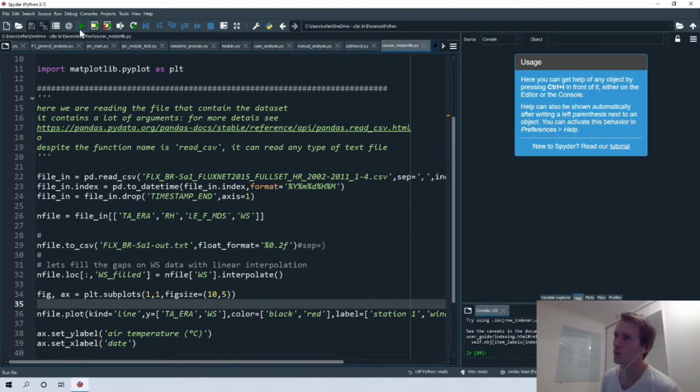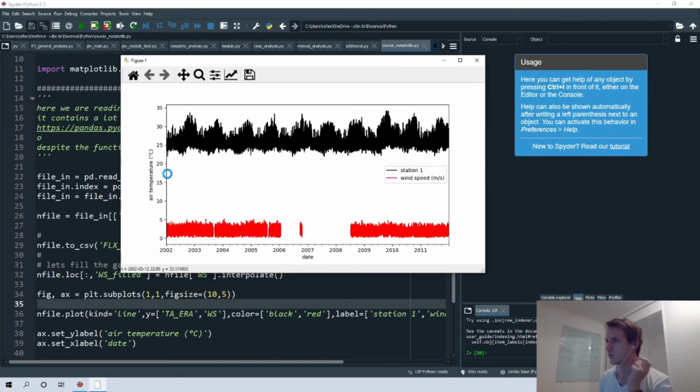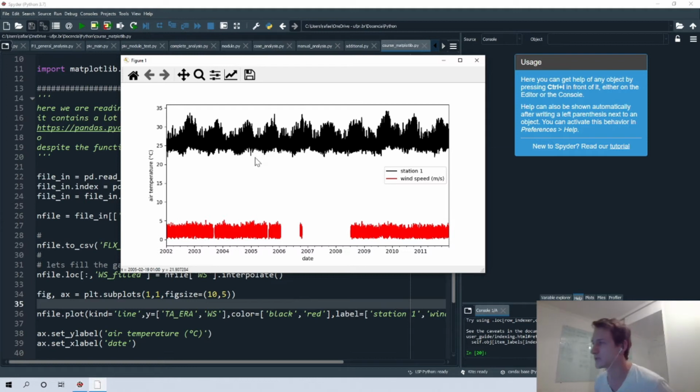Okay, when you run this, we have a new variable, but of course it's not a good plot because we are sharing the same y-axis for two different variables. So we have wind speed and air temperature. So the best way to deal with these two variables is, either we can create two plots, one for air temperature and a second one for wind speed, or we can create a second y-axis. So we'll do that first.